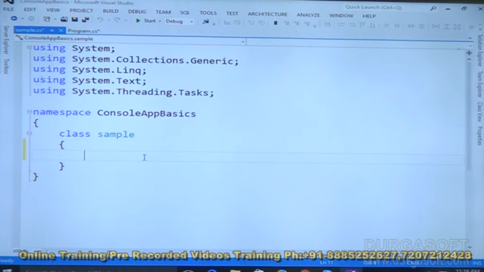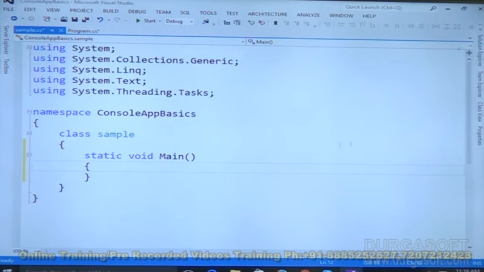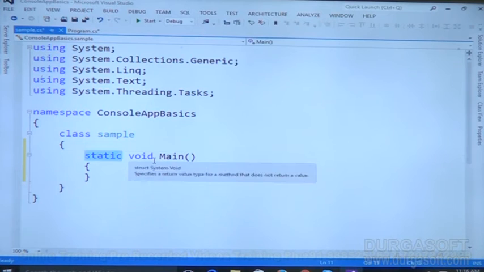Okay, right. Let's write a simple statement. I would like to write the main method by typing static void Main, with a capital M, which is compulsory. But here I am not taking string[] args, as you know string args is not required every time, it is optional. As a static void main, I typed static space void space Main.